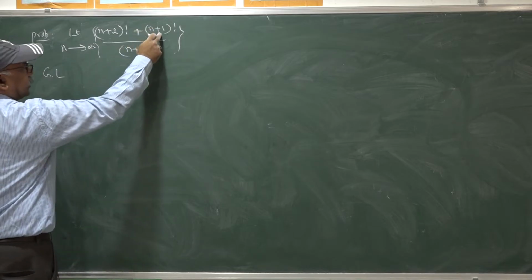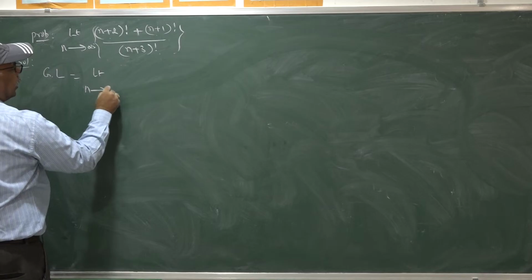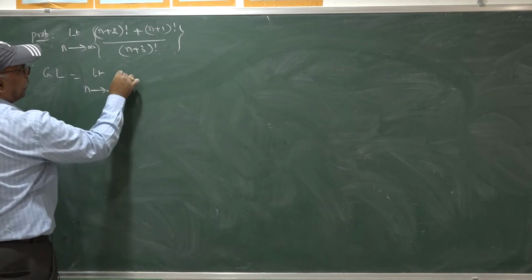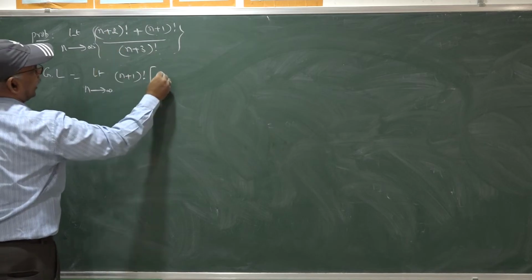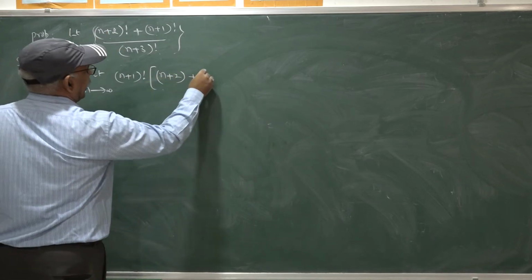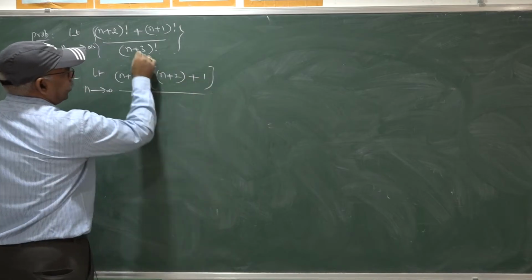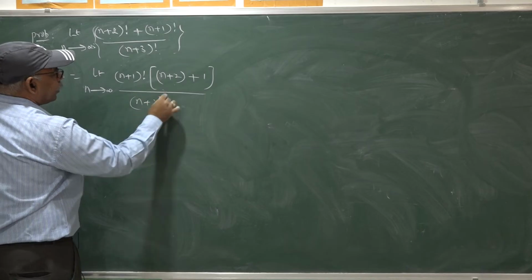So initially take (n plus 1) factorial as common in the numerator, so that here we get one more factor, namely n plus 2, and here we get 1. Similarly you can write the denominator as (n plus 1) factorial